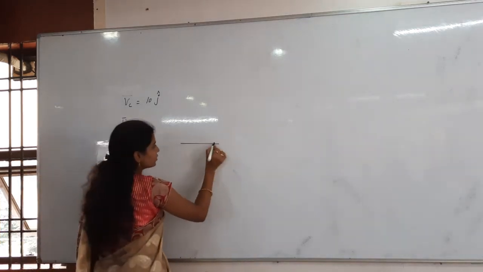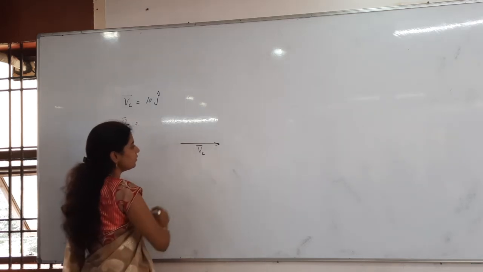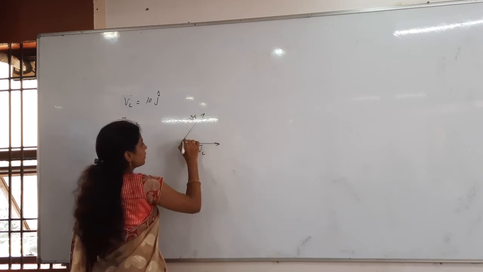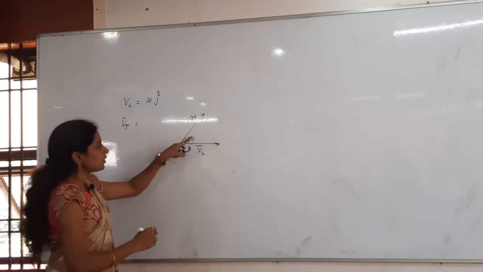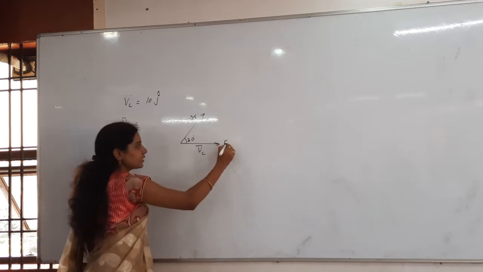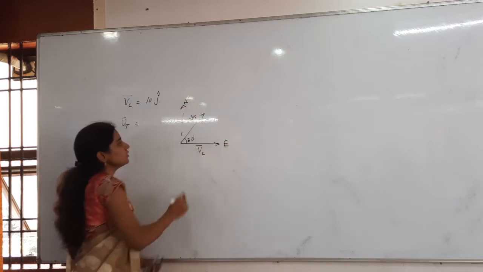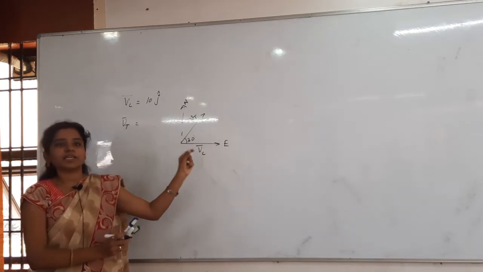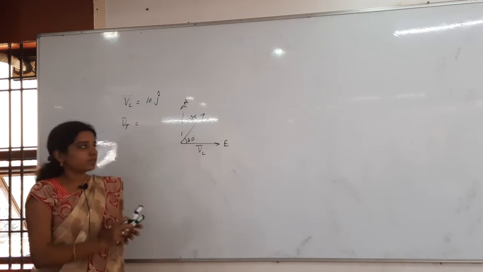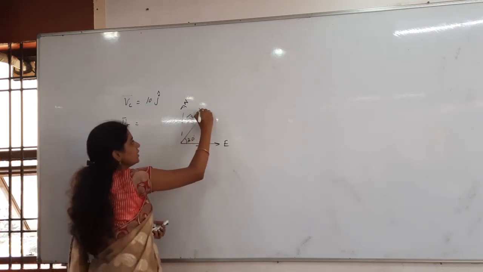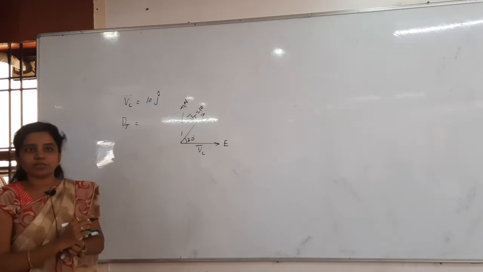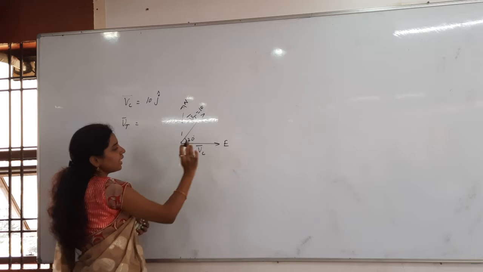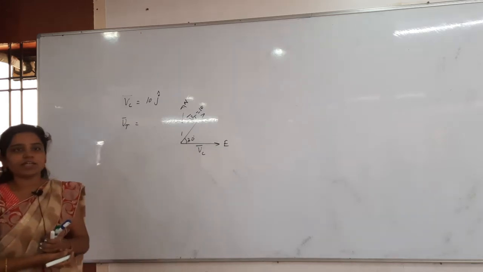So here the car is moving in this direction, that is the velocity of the car, and the truck is moving like this. This is the velocity of the truck, with what angle? 30 degrees north of east. This is the east direction and this is the north direction. So 30 degrees north of east means it is making an angle with respect to the east. So this is the velocity of the truck. What they said, it is also moving with the same speed only. Now whenever you see the truck is there like this and the car is moving like this, then where will you get the relative velocity?